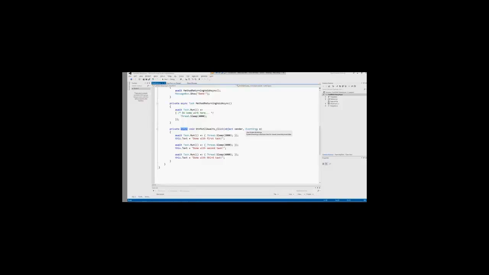The next button I want to show you here is just multiple awaits. So again, here I've marked this method with the async qualifier. And here I just want to spin off a series of different tasks, one after the other. Same idea where I'm just going to put that thread asleep. So this guy's going to wait around for 2 seconds, this one for 3, this one for 6. And again, I'm going to be setting the text of the window with the custom message.